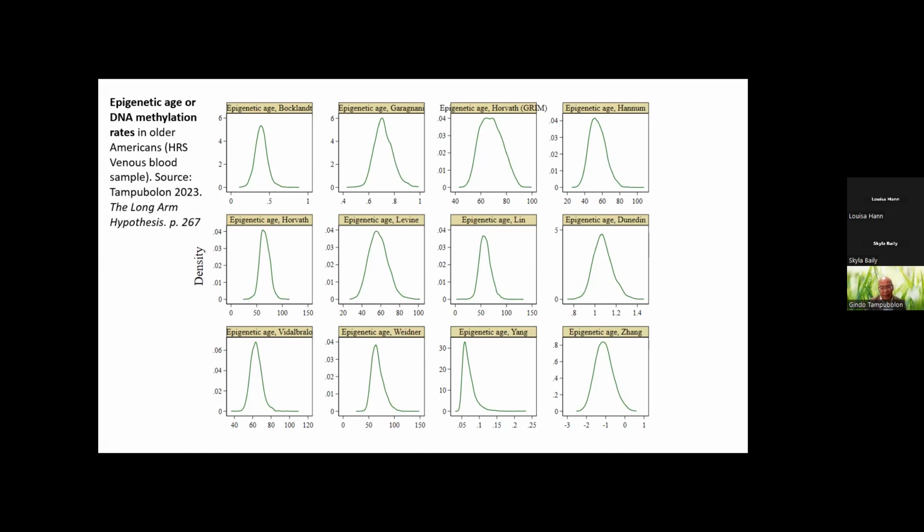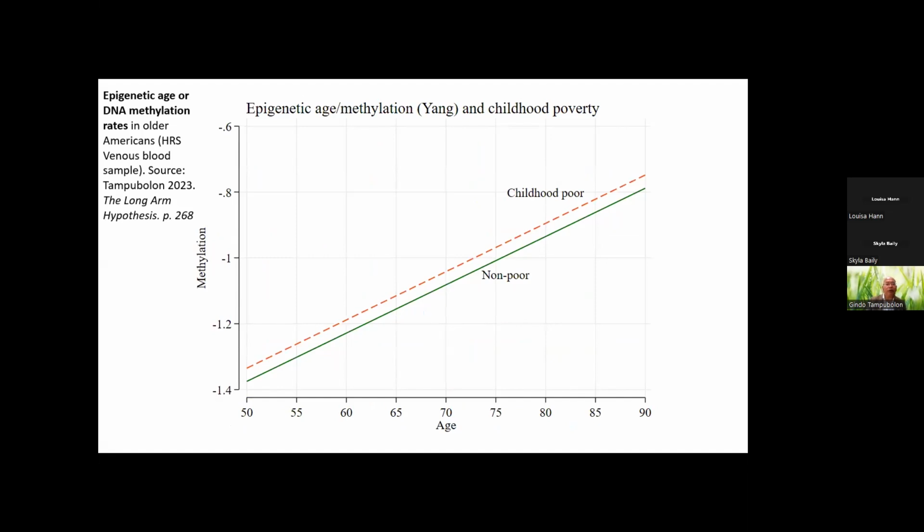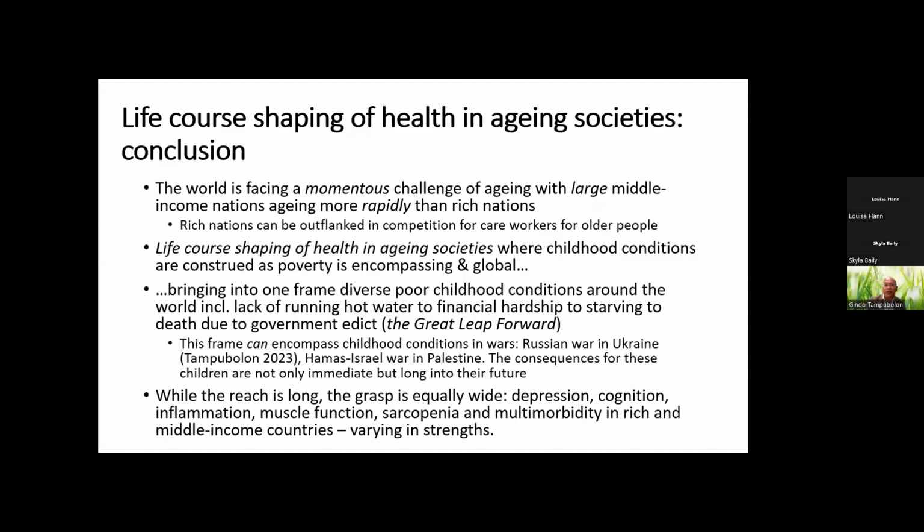I tested it in America, and what I found was that among those who were childhood poor, the red dashed line, they have more harmful methylation, among those aged 50 to 90. I can tell you that unfortunately, the venous blood sample in America didn't collect multimorbidity data. Only 1% of the venous blood sample are in the multimorbidity data as well. But what I have established here is that among those who are childhood poor, they have higher methylation changes as well. So in conclusion,